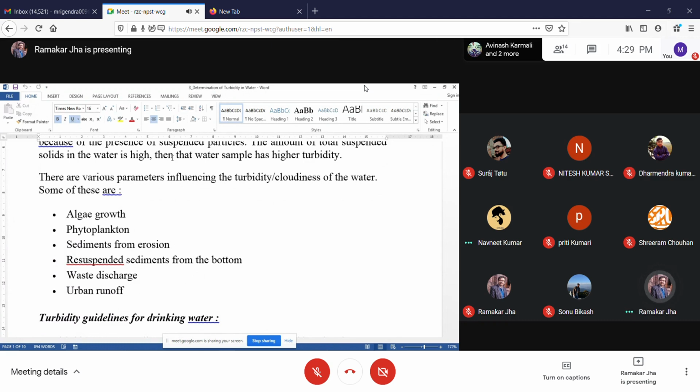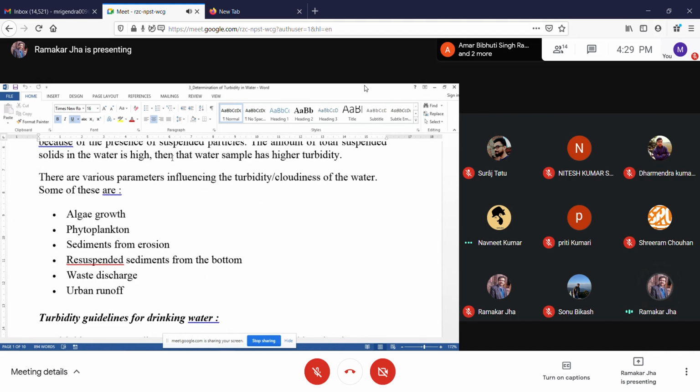सेडिमेंट्स फ्रॉम इरोजन, नदी का पानी बरसात में पूरा टर्बिड होता है. रीसस्पेंडेड सेडिमेंट्स फ्रॉम द बॉटम, जब आप कहीं पर नदी में जाते हैं, किसी गंदी जगह पैर पड़ जाता है तो पूरा मिट्टी पानी में आ जाता है ना. स्पेशली समुद्र के किनारे, जब व्हेन वी गो देयर एंड व्हेन वी टेक बाथ, वी फाइंड दैट इट हैज बिकम डर्टी. व्हेन सम पर्सन इज कमिंग इन द रिवर, यू फाइंड इट हैज बिकम येलोइश, बिकॉज जो सेटल्ड था मिट्टी वो वापस आ गया.